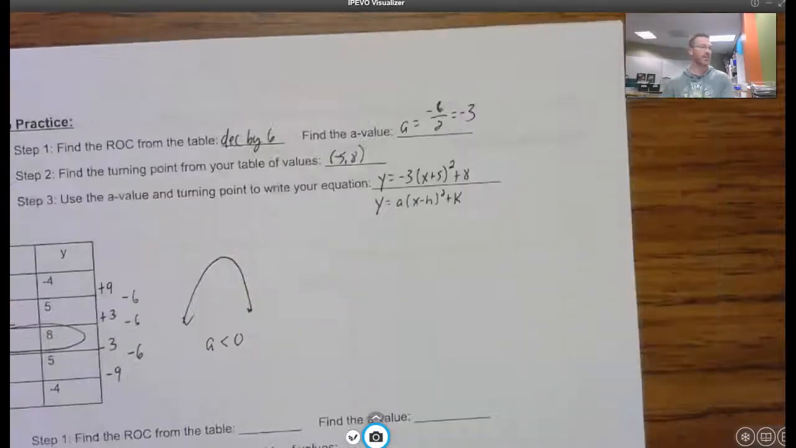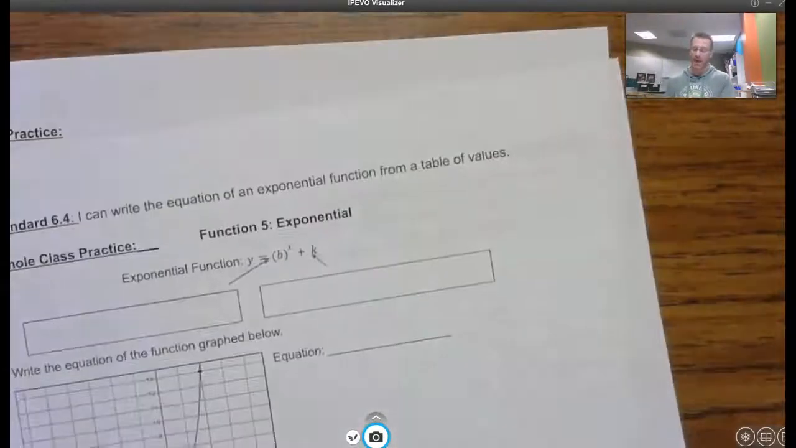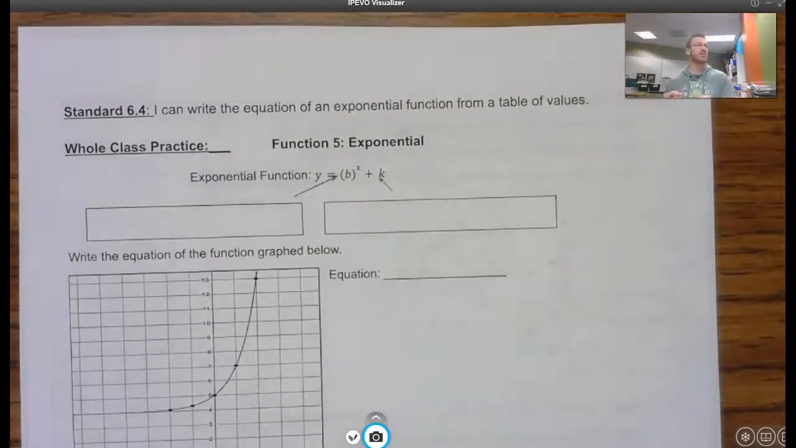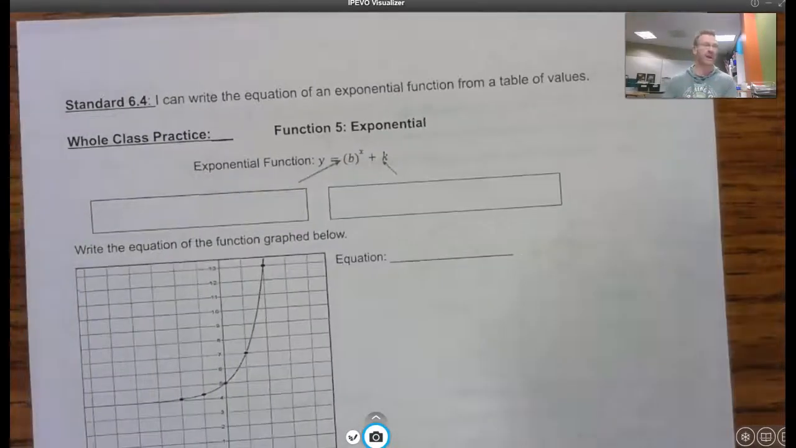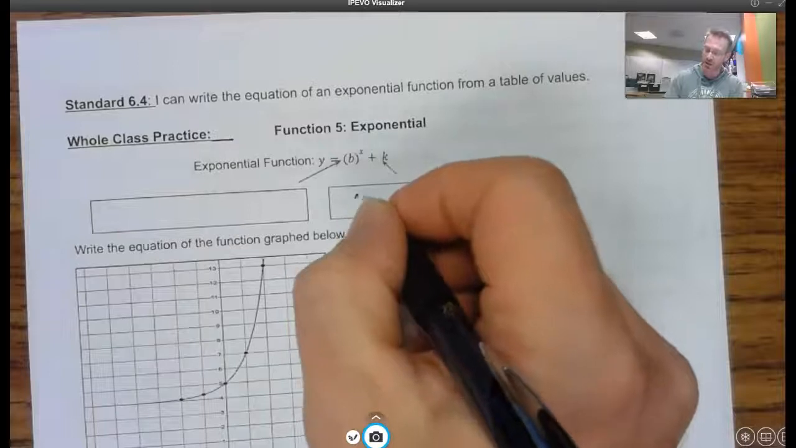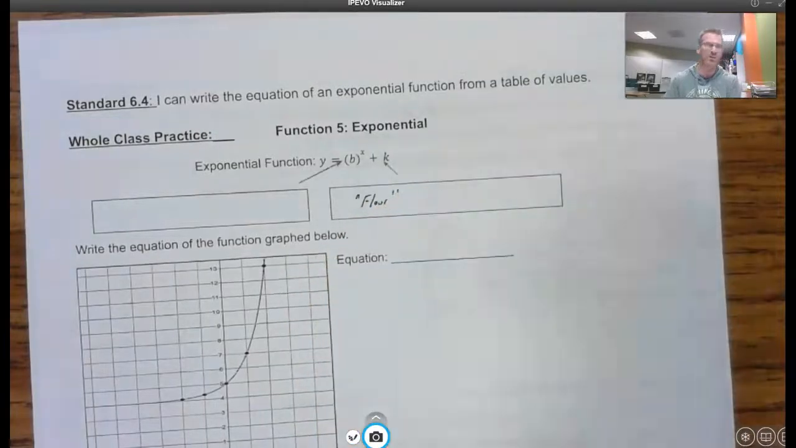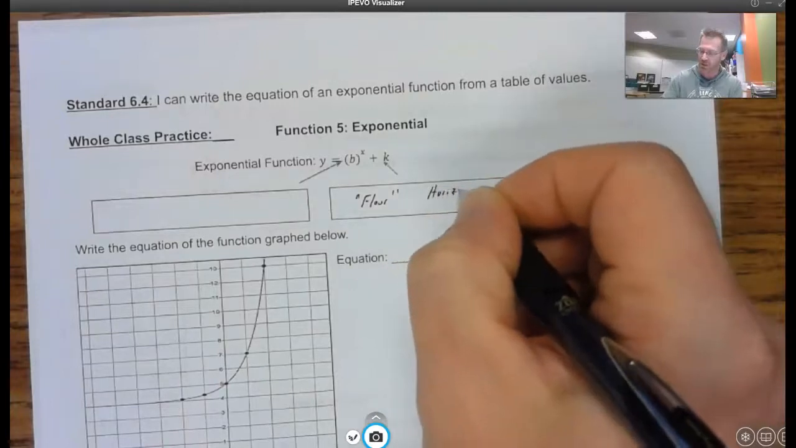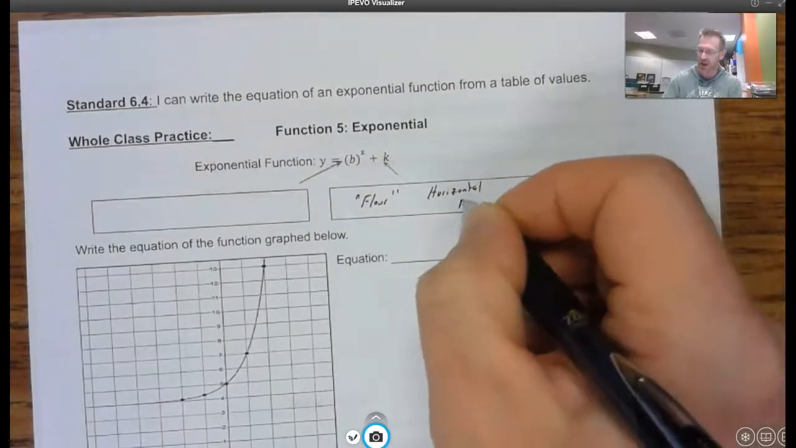All right, so let's flip and take a look at our exponential function. You can see that that is standard 6.4. I can write the equation of an exponential function from a table of values. Once again, I'm going to start with this k value. We said this was the floor. The proper mathematical term is that this is our horizontal asymptote,